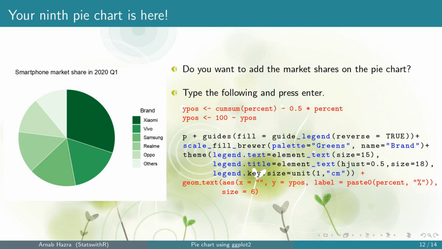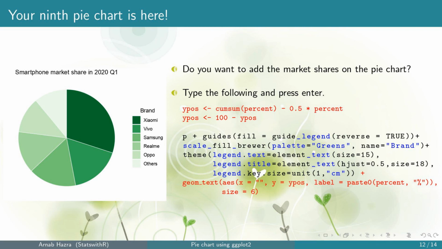Next, along with the previous layers of the ggplot, we add the line geom_text within aesthetics x equals to a blank quote, y equals to ypos and label equals to paste0(%, "%" symbol within quotes).